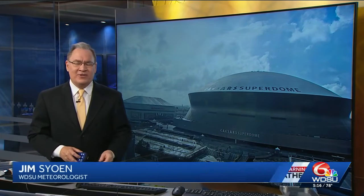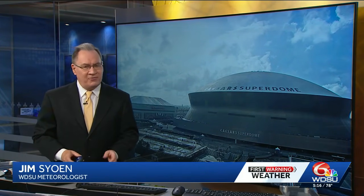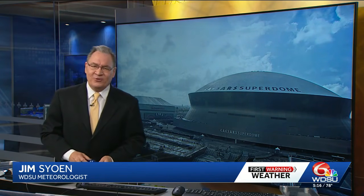Many of us got some much needed rain today, and if you didn't get the rain today, give us about 48 hours. You'll probably get it Tuesday or Wednesday. This is really shaping up to be the week that we really need. We're down about 5 inches for the year officially at the airport, and right now WDSU First Warning Radar is